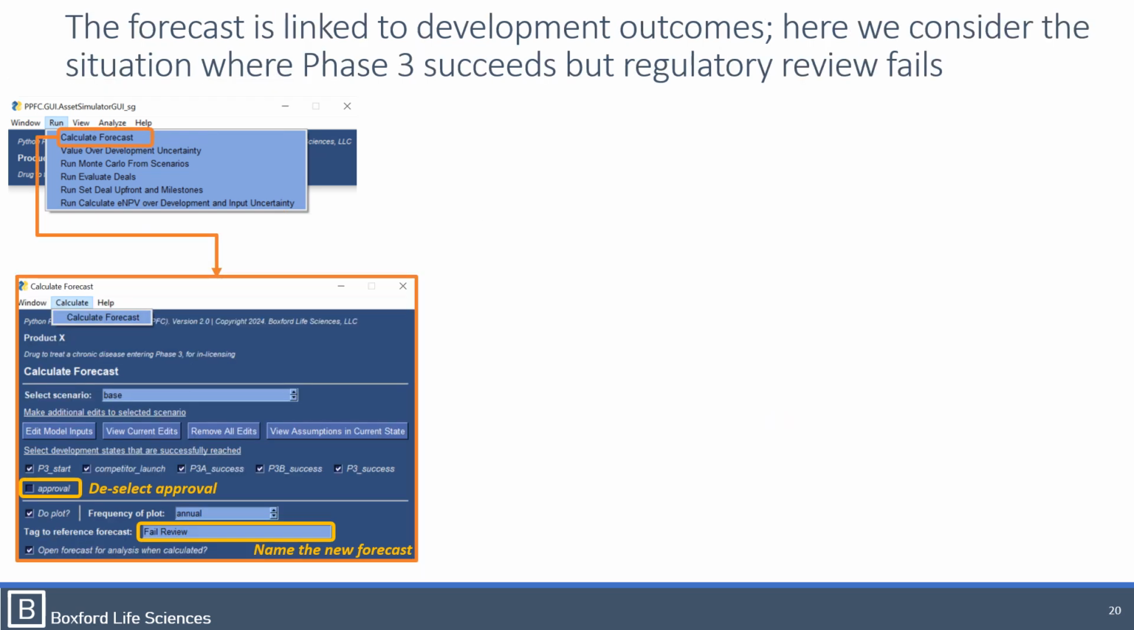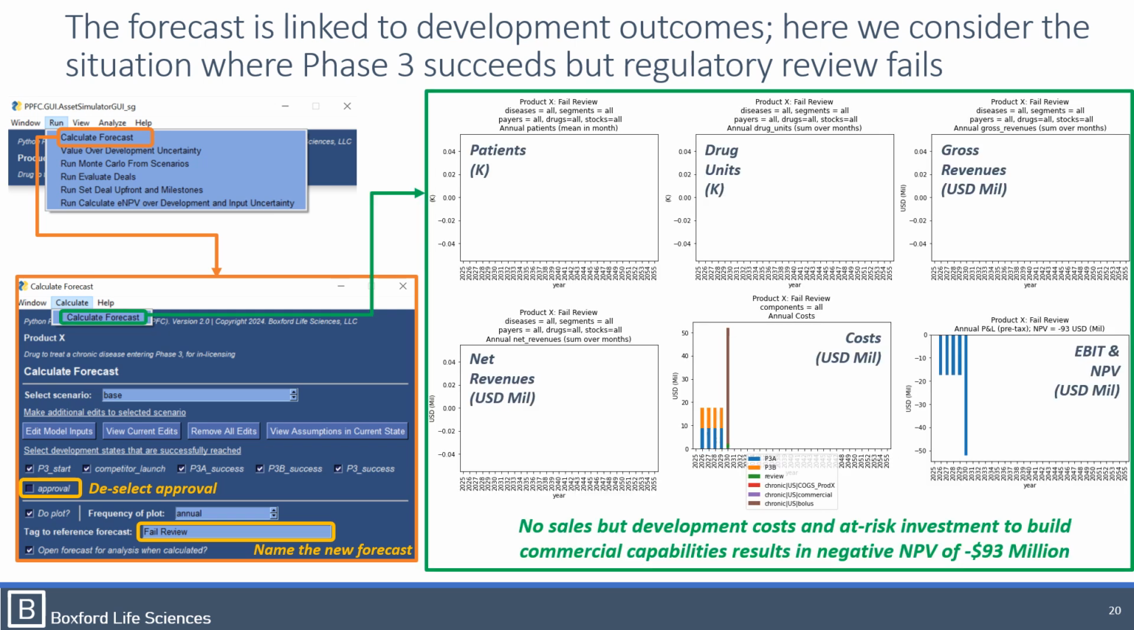This forecast is linked to the development outcomes, so we can also consider different situations where we no longer have clinical development success but fail at some stage along the way. So here we're going to do the same procedure with calculate forecast, and now we're going to leave the competitor in but deselect approval. So we're assuming that we have successful phase 3, we move into regulatory review, we have this at-risk building of commercial capabilities because phase 3 was successful, but now the regulatory review fails and we're no longer approved. We're going to name this a fail review forecast, and again calculate forecast,